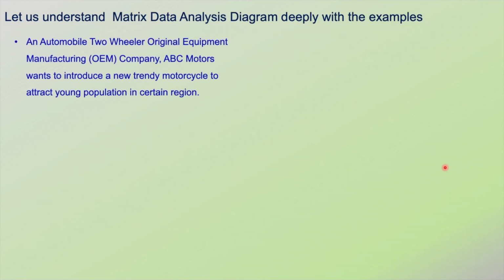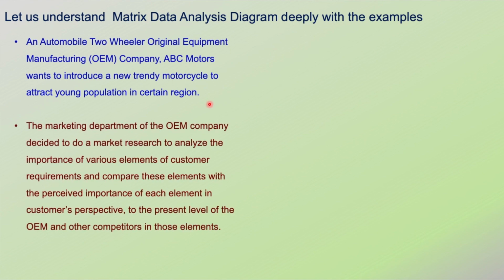So, let us understand the matrix data analysis diagram more deeply with some more examples. An automotive two-wheeler original equipment manufacturer (OEM) company, ABC Motors, wants to introduce a new trendy motorcycle to attract the young population in a certain region. So the marketing department of the OEM company decided to do a market research to analyze